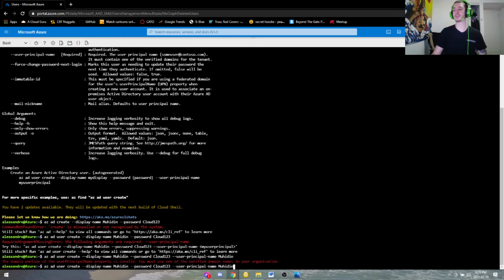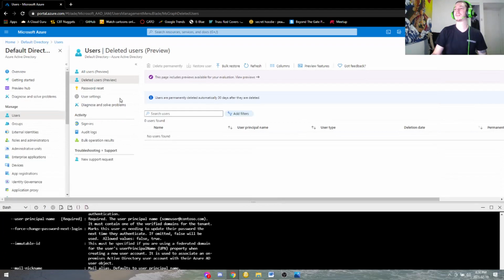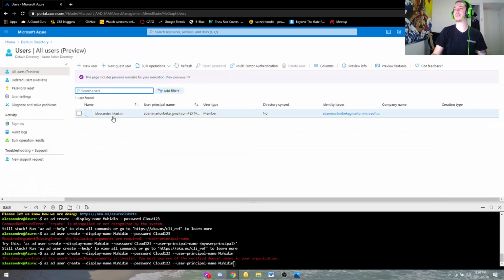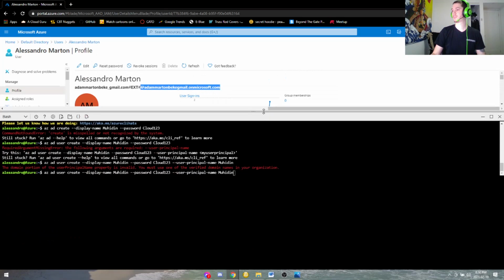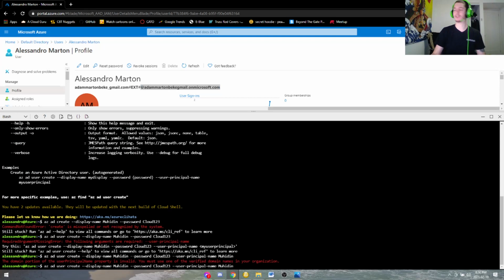And now it's showing us again a little bit of troubleshooting. So you must use one of the verified domain names in your organization. So, what does that mean? That means if I come back here, I can go under another user, and here I can find the domain name, and I can copy paste this, go back into our Cloud Shell,